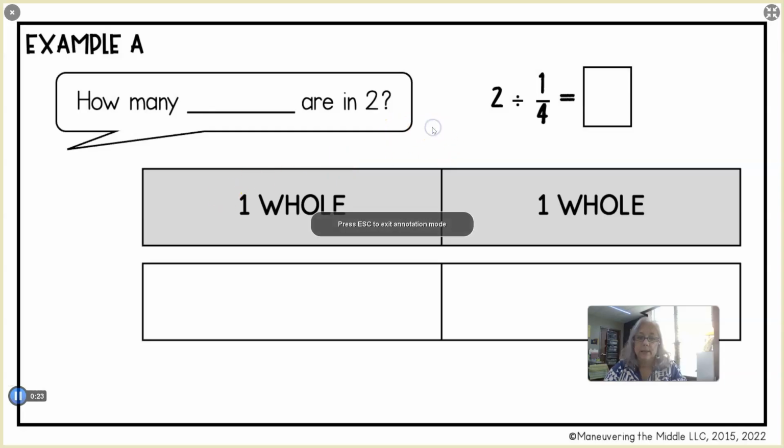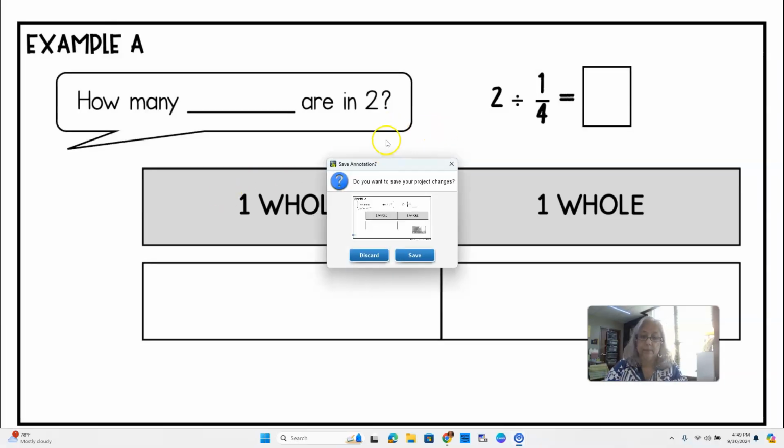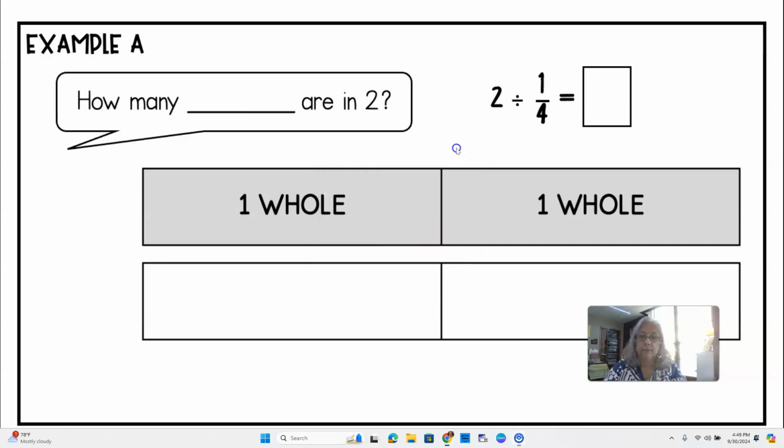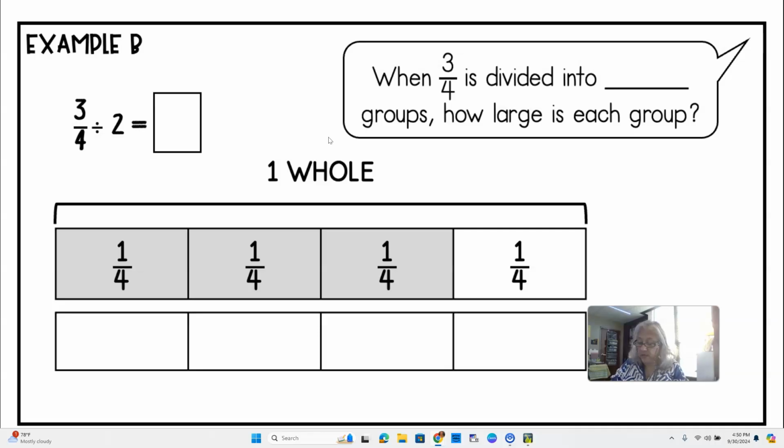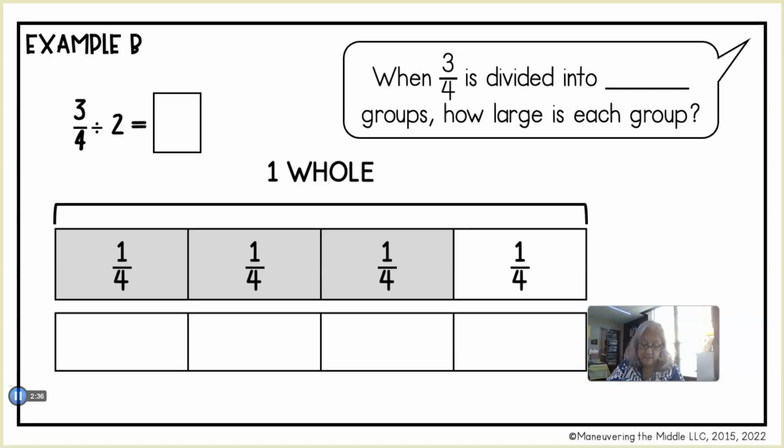Example B, and we're all in the same thing here. Example B says 3/4 divided by 2 equals. And then over here it says when 3/4 is divided into blank groups, how large is each group? Well, we have 3/4 here. 1, 2, 3, 4. Okay. If I take my whole thing and divide it in half,